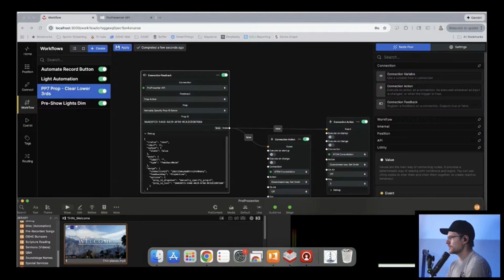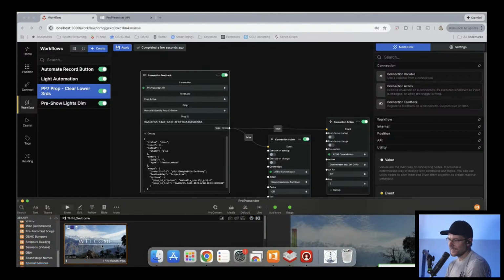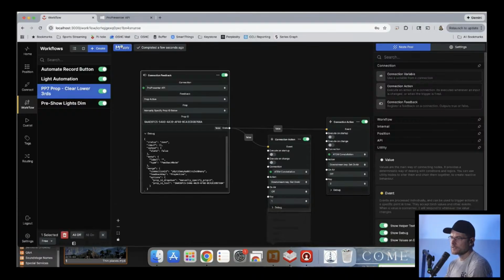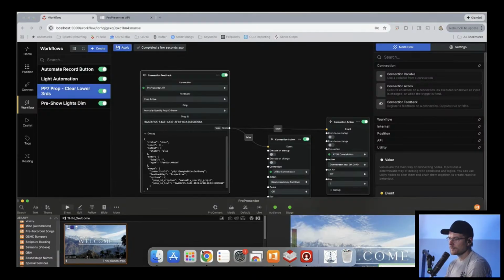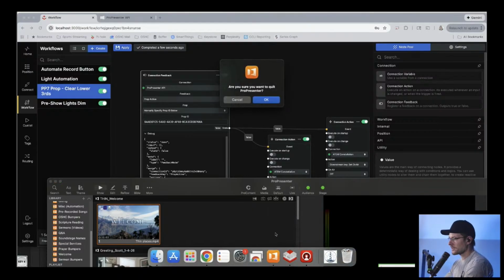So randomly changing UUIDs kind of seems like it breaks the whole point of having a UUID. Oh no, you made a tiny change to something unrelated. I bet the UUID has changed. Yes, that does seem odd, doesn't it? Let's say save. And then let's restart ProPresenter.